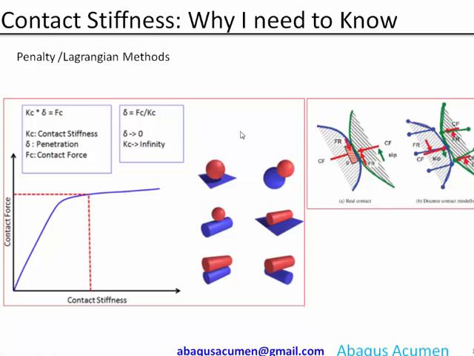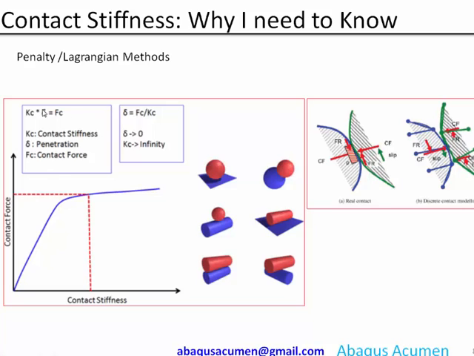Before going into the detail of penalty and Lagrangian methods, try to understand how contact stiffness works in a nutshell. For example, when two bodies are in contact with each other, most simulation software will add a spring between these two contacting bodies. To define the spring between these two bodies, you have to give a contact stiffness to the spring. So something like contact stiffness times penetration is equal to your contact force. This is the nutshell-level terminology used for contact stiffness.